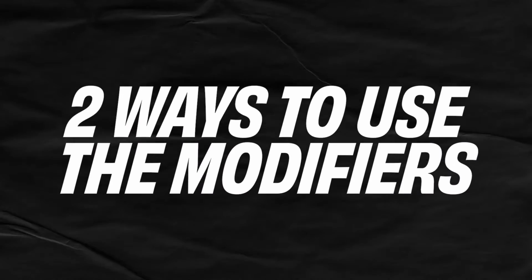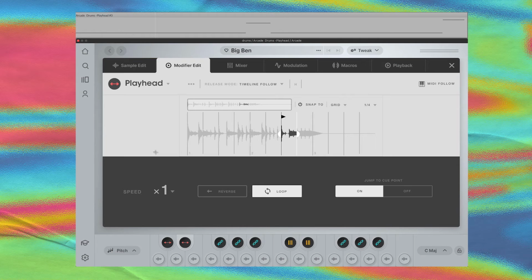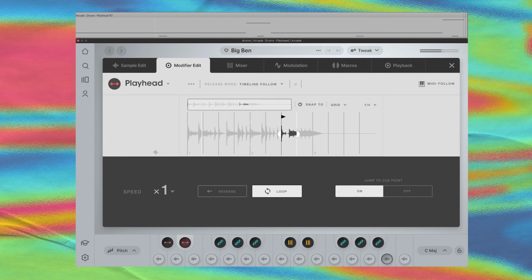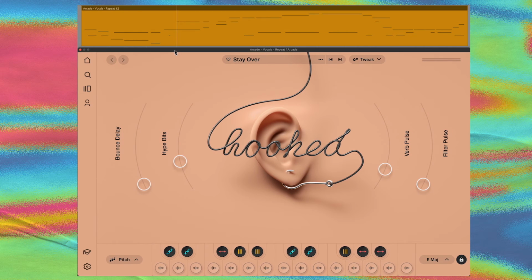Now, when using the modifiers, the first and obvious way is to activate them while you're recording with Arcade, like this. This is a great method and probably what you'll be doing a whole bunch,